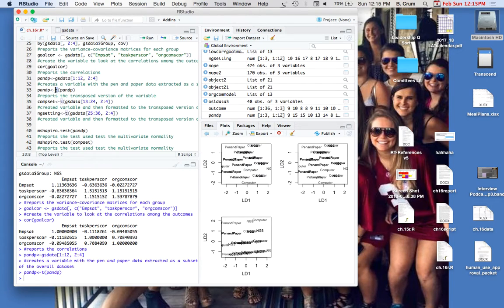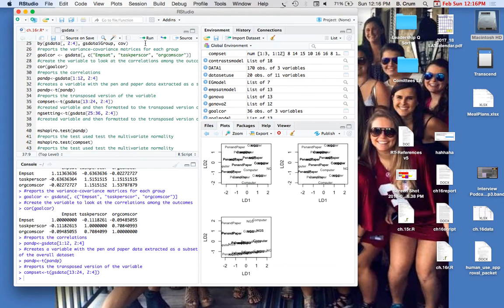Okay, so right there's the transpose function, but later on I do it all in one step. This is done using the transpose function of t. For computer goal setting and no goal setting, I combine these two steps into one, like I just said. I created the variable for the data I wanted to extract and then transformed the data into the appropriate format. So right here was when I did it for the pen and paper. I created the variable, then I transposed it. Here's where I do it for computer goal setting and did it all in one step, and then no goal setting